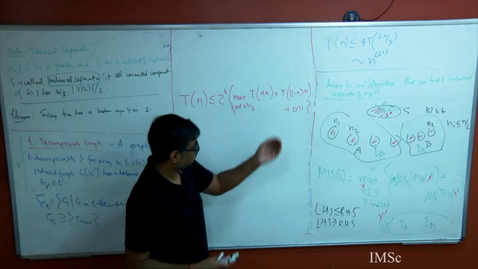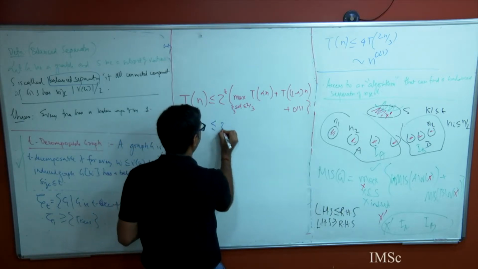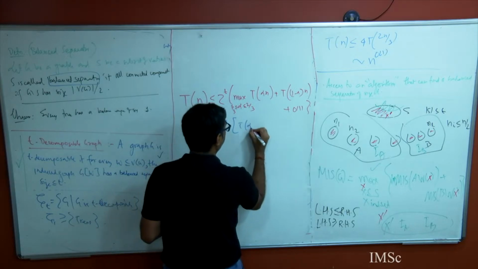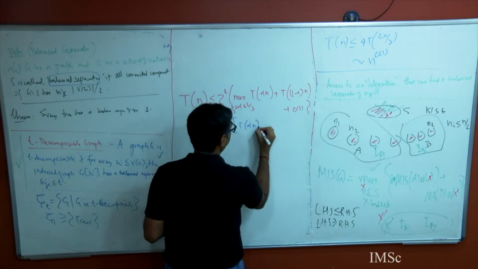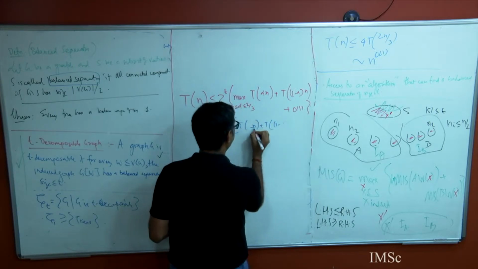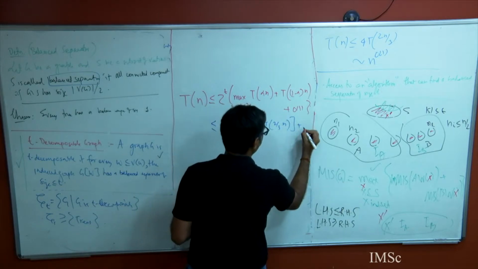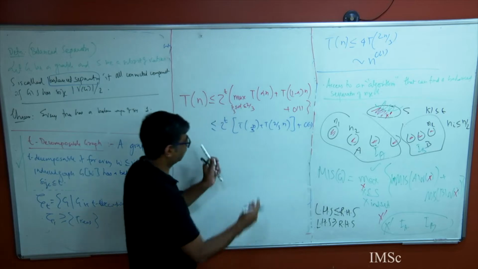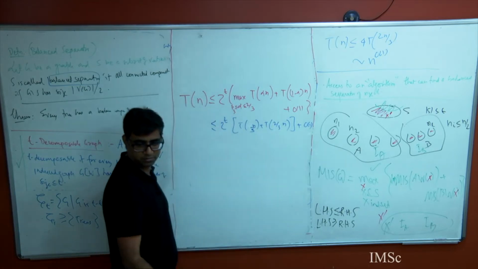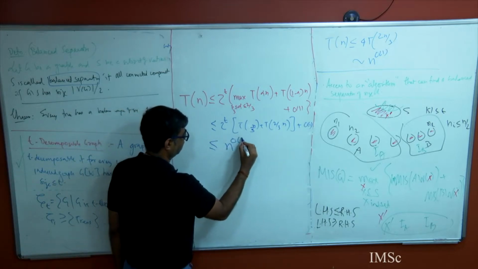And you can show that this is worst when it is T of alpha n plus T of 1 minus alpha n, that is T of n third, 2/3 n, when they are mostly imbalanced, plus order 1, because I just find the separator once and then I go over all this. I am not finding this separator several times. And if you work hard, this will solve to n to the power big O of t,